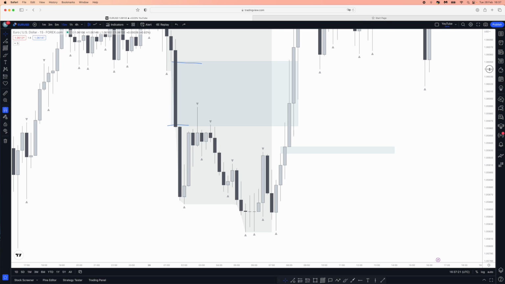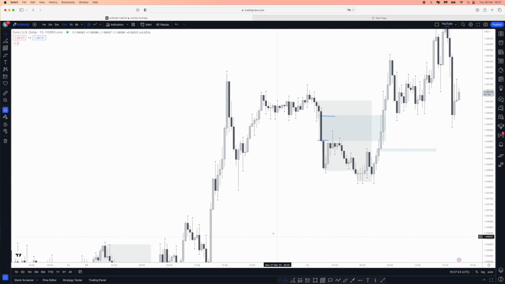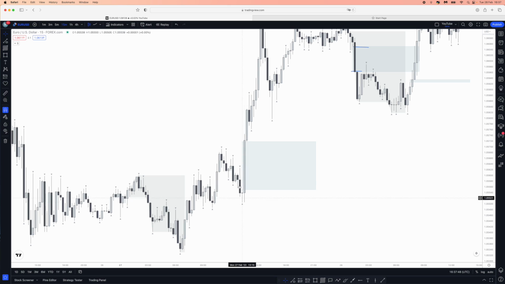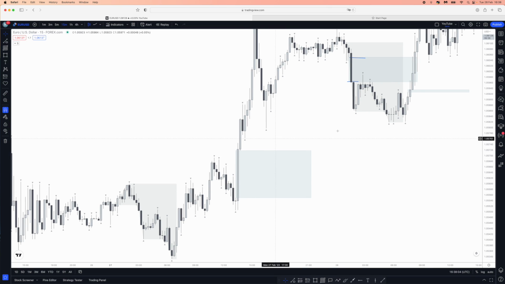If we just go out and choose some more clear examples, as you can see, right here is a very good example. So let's just say this candle here, this little doji, is candle 1, and then this here is candle 3. So what you will notice is the fair value gap, candle 1 to candle 3, the middle candle being candle 2, and this is where the fair value gap is. As you can see, there is a big energetic move. We've got displacement above this high right here, leaving behind this fair value gap, and eventually what will happen is